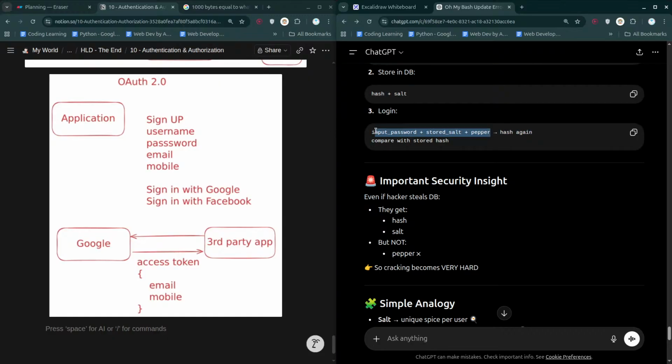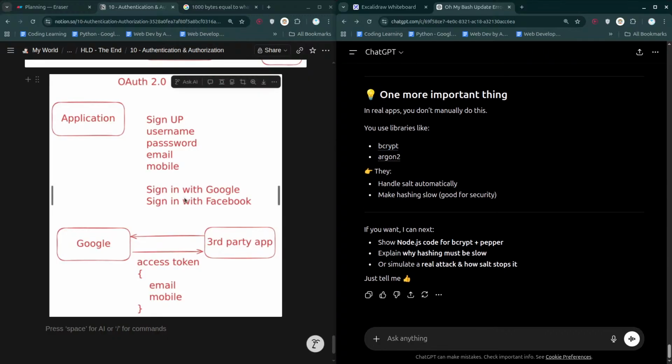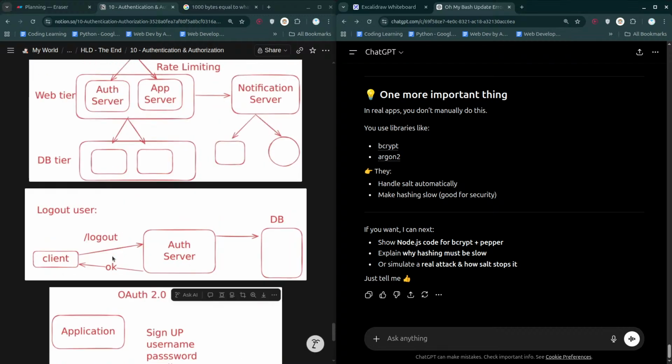Whenever we are actually trying to log in, at that time we get all these values from the backend side, from the database side, and we just simply hash it again. So ultimately we do make our DB call and then compare it. Okay, this is how it simply goes on. Understood? Alrighty, so this way it just simply gets done.